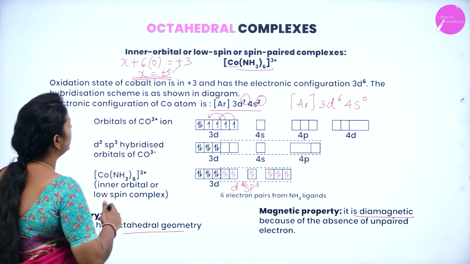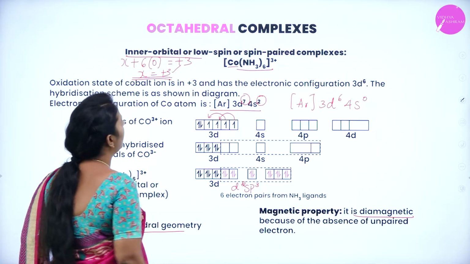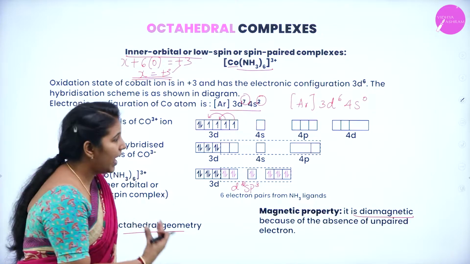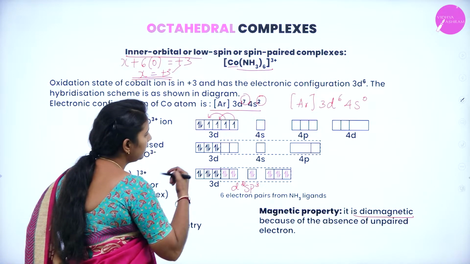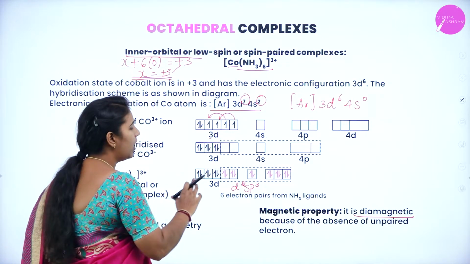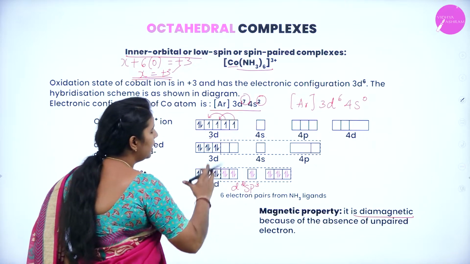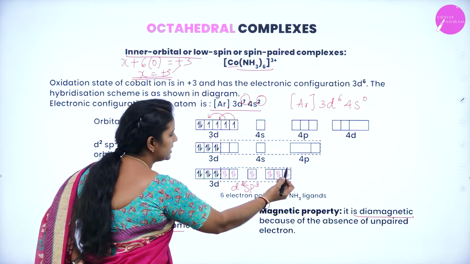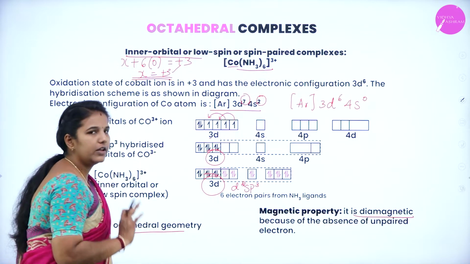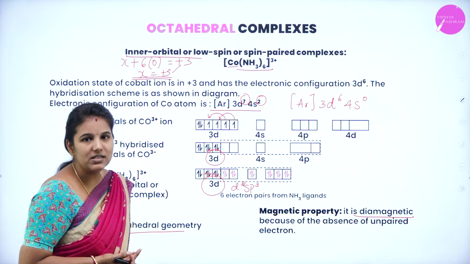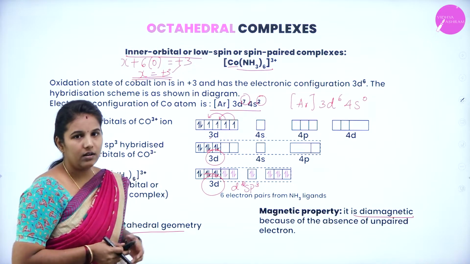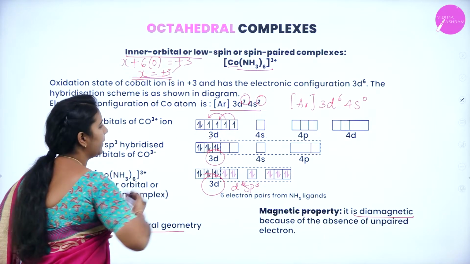And I have also used the words here: inner orbital, low spin, or spin-paired complex. What does it mean? During this hybridization, you can see that I have written 3d, 4s and 4p. I am not using the next shell for pairing up with the ligands. I have used the inner 3d shell to form pairing with the 6 ligating ligands. Hence it is known as an inner orbital spin-paired complex because the electron pairs get paired